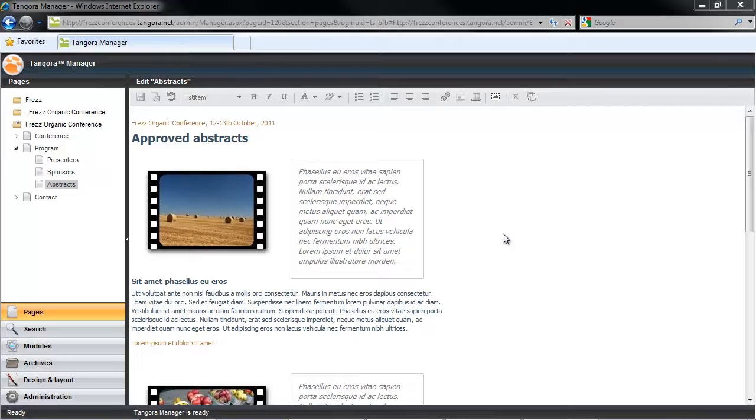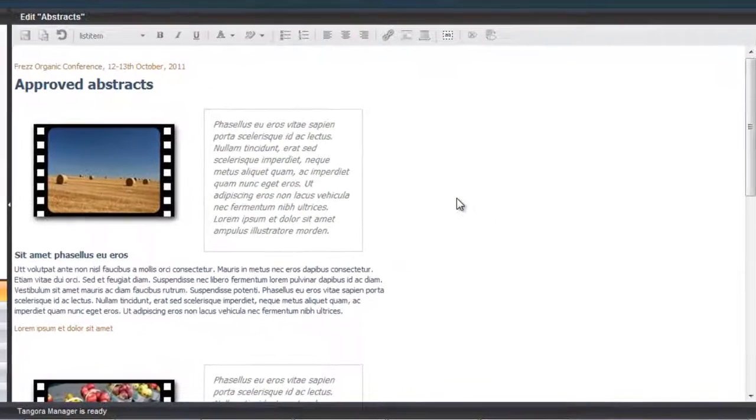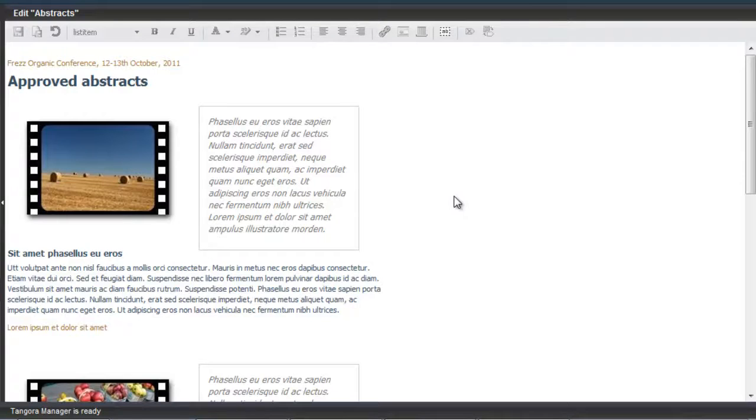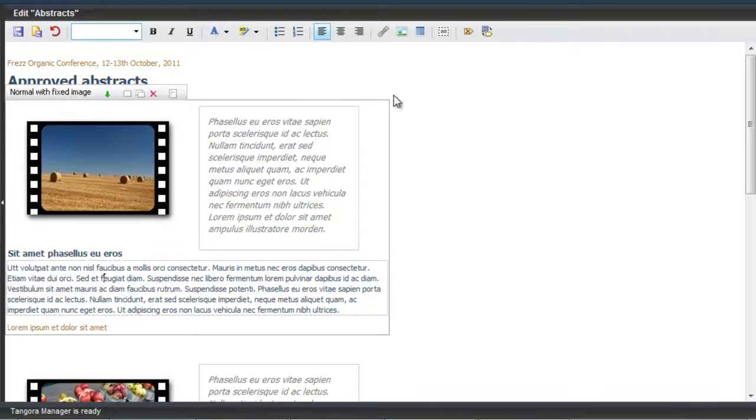To start off with, we need to decide where we should add our image. In the context of page editing, there are two possibilities. You could add an image either to an image placeholder or directly in a body text. The specific approach that's relevant for you will depend on your design.